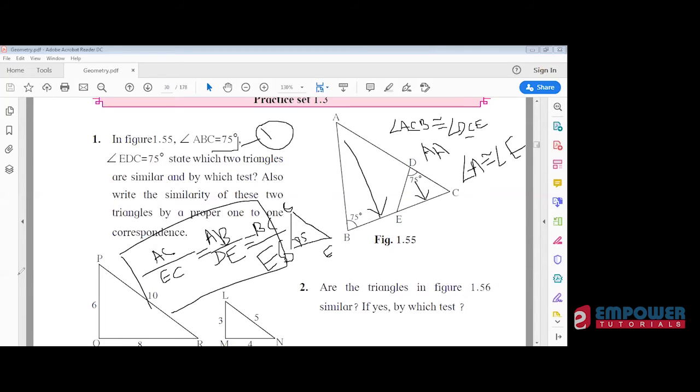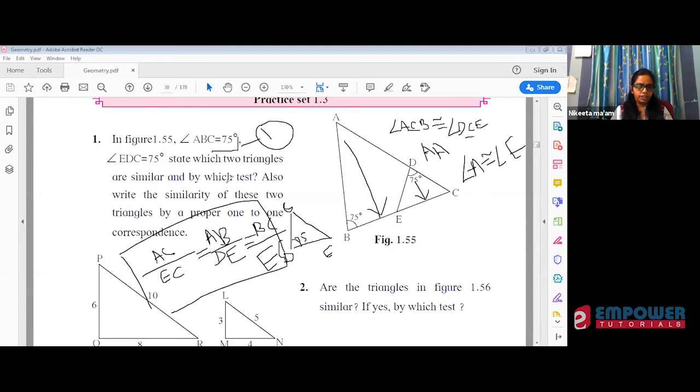Write down the given first, okay? Then write down these two triangles. After that you have to show that angle B is congruent to angle D. So this is given. Write down the second statement, that angle ACB is congruent to angle DCE because both are a common angle. And after that say triangle ABC is similar to triangle